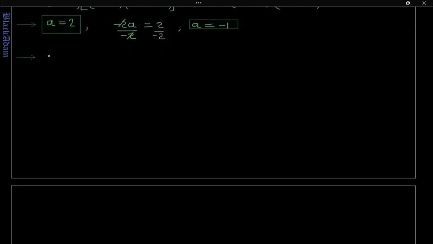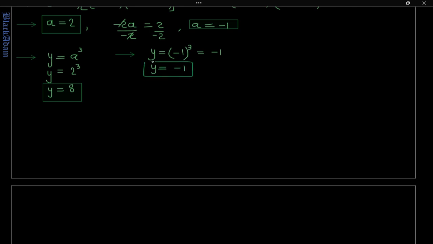And then from them we have y equals a cubed, and we know that one of the values is 2, and when you put in 2 we have 8, so y equals 8. That's our first part. So y equals negative 1 cubed, which is going to be negative 1. So we have y equals negative 1, and then y equals 8, and then gradient 1,